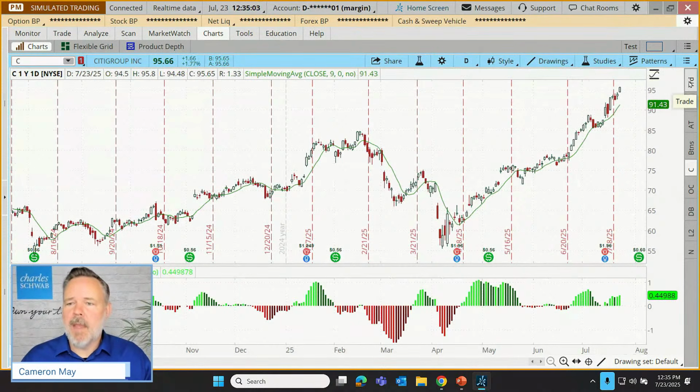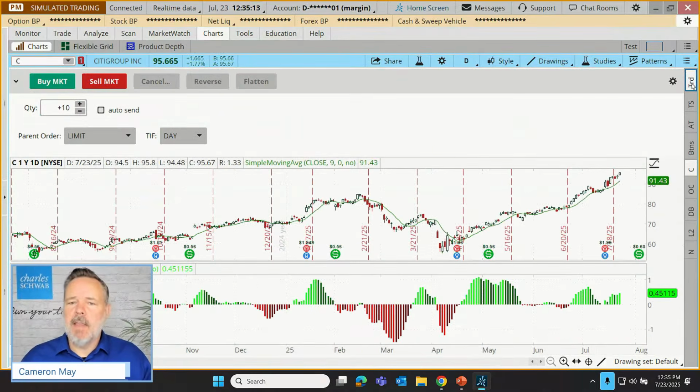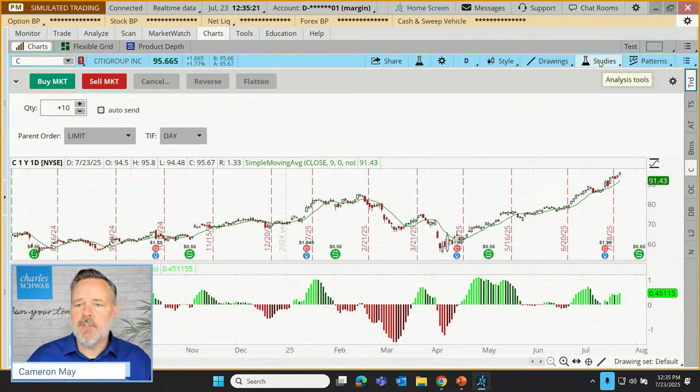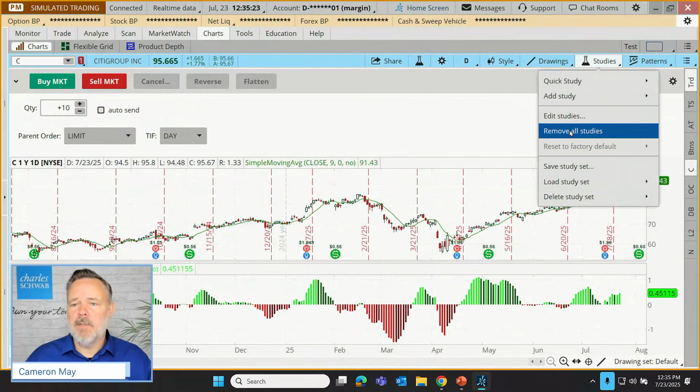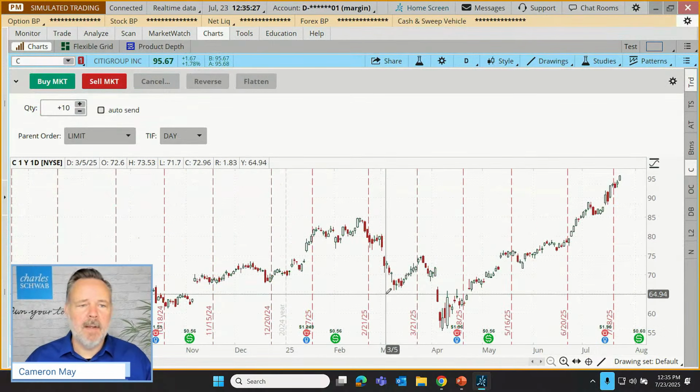Anyway, next up, I want to move over here to these buttons. Not going to go deeply into these, but I want to explain how they work, how to turn them on, how to turn them off. First of all, the trade button. If I click on that, you're going to see a series of buttons up here at the top where we can now trade our stock. We still have our chart down below. Matter of fact, let's clean up that chart. Let's go up to studies and remove all of our studies, so we have a nice clean chart down there again.